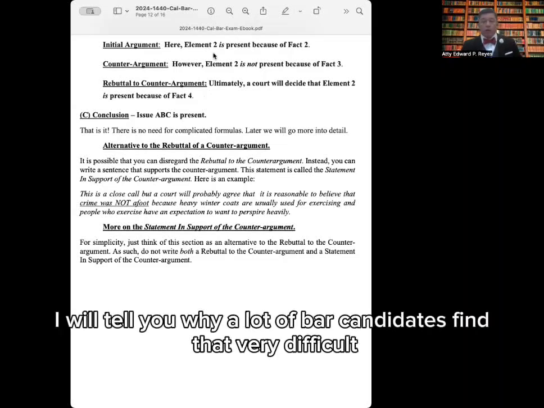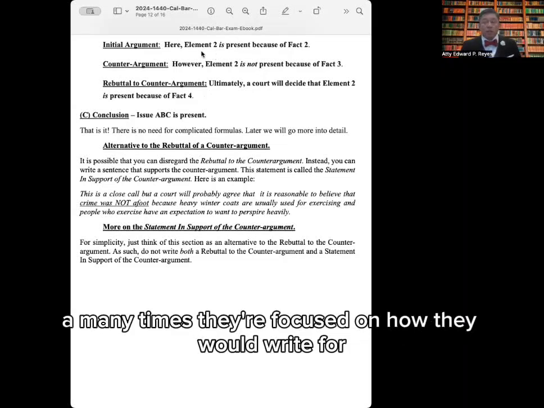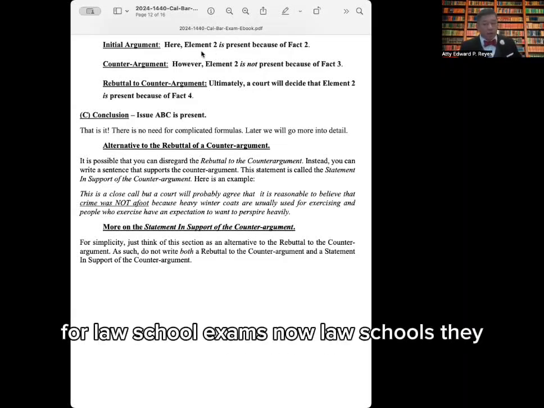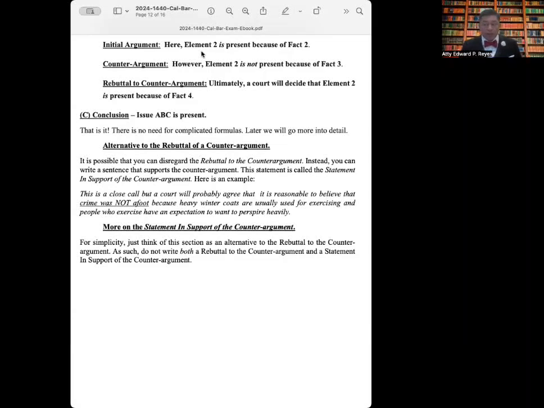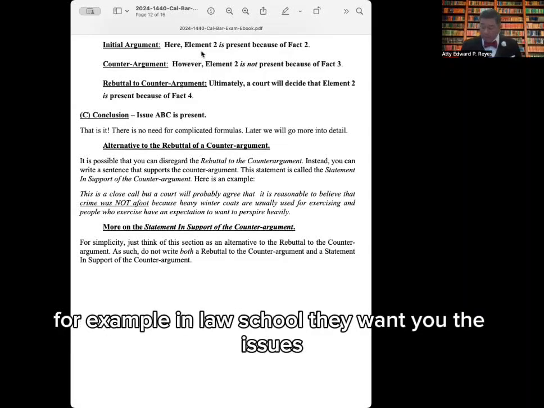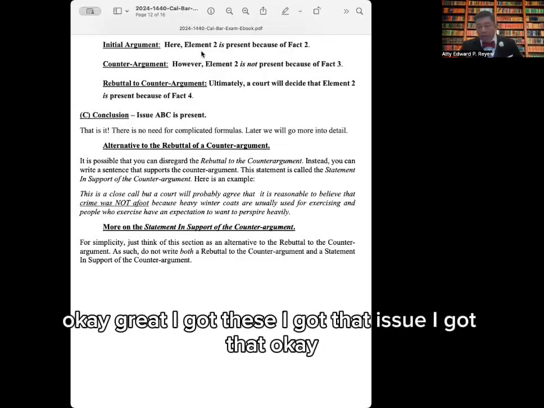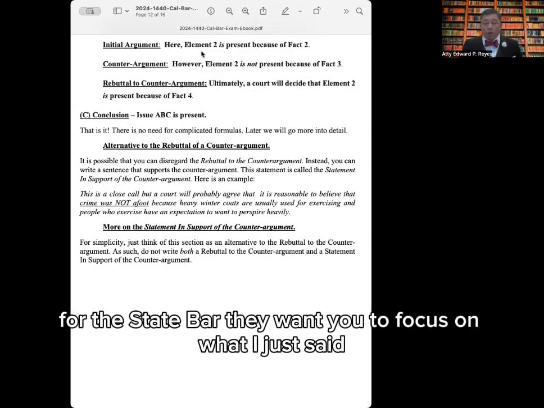Now, I will tell you why a lot of bar candidates find that very difficult. One is because they're focused, many times, on how they would write for law school exams. Now, law schools grade you differently than the bar exam. For example, in law school, they'll want you to spot issues, but how many issues did you get? Okay, great. I got this issue. I got that. For the state bar, they want you to focus on what I just said,